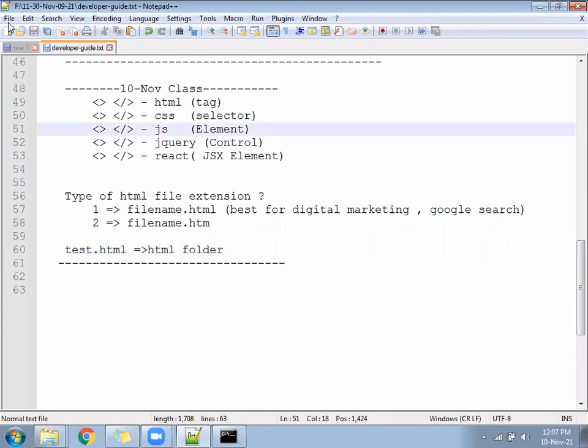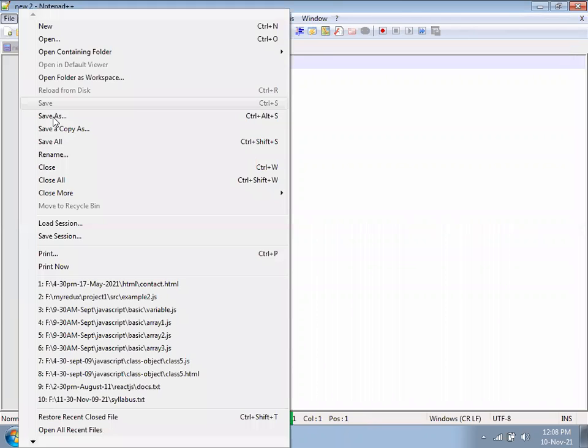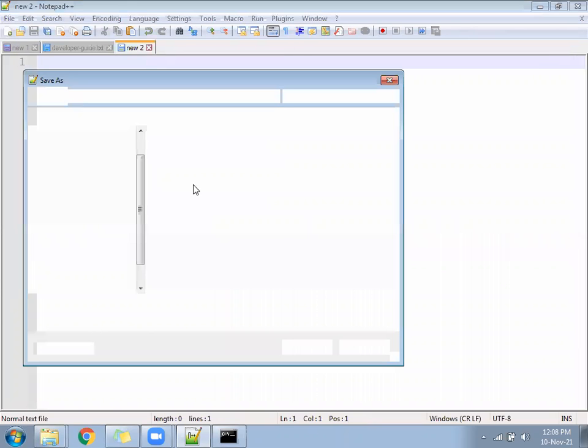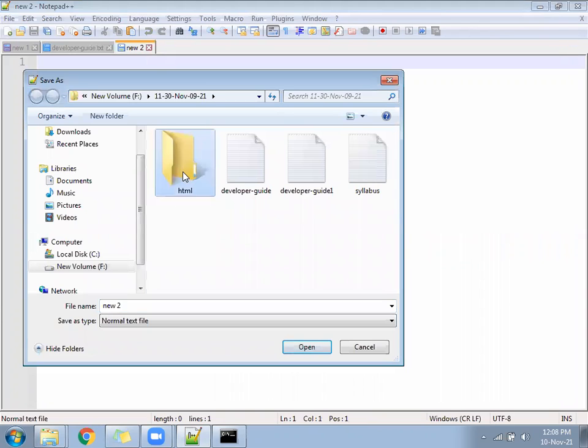So here is File. Under the File, we can create a new file. Once we have written the notes, create a new file. Give the file name test.html, and save under which folder? HTML folder.